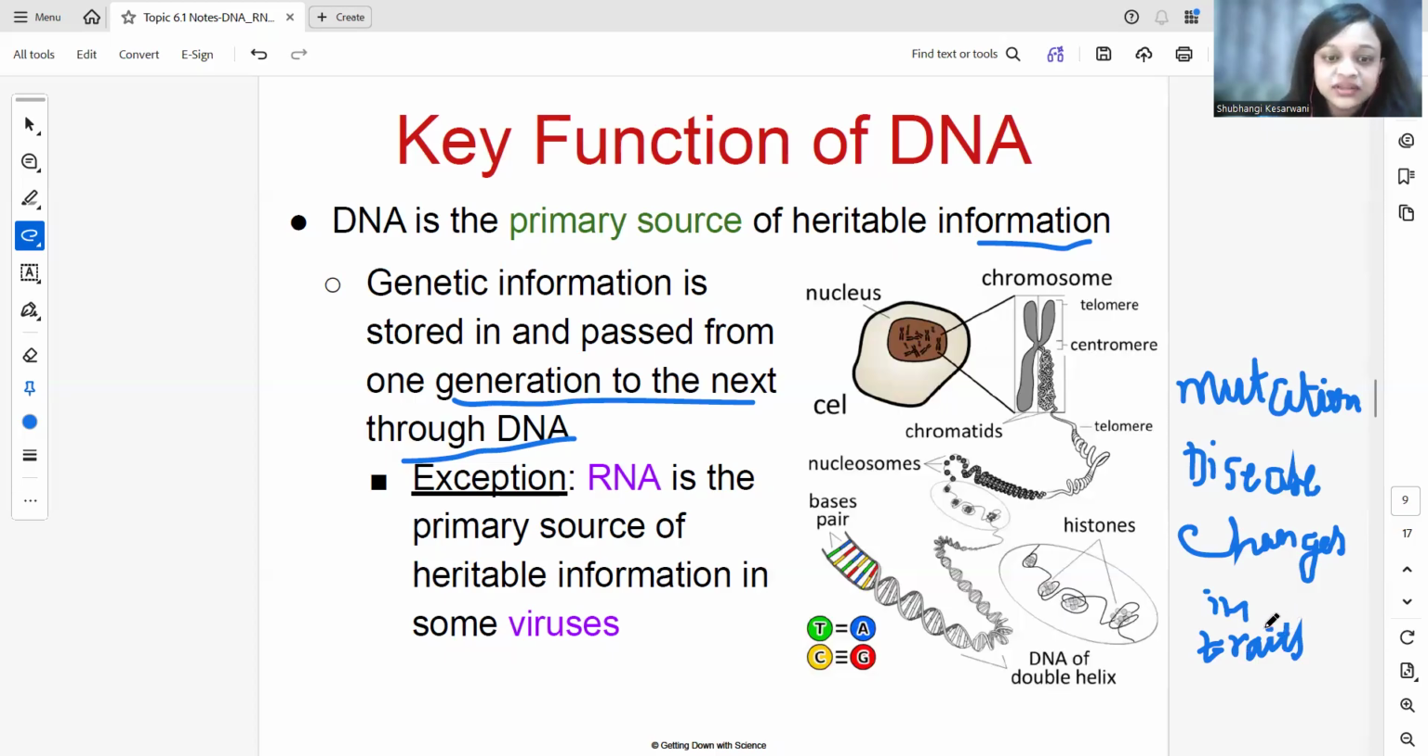So these things would happen if they are not copied correctly. Okay, these could happen. And there is one exception, as you can see on the screen. RNA is the primary source of heritable information in some of the viruses. Okay, in the previous